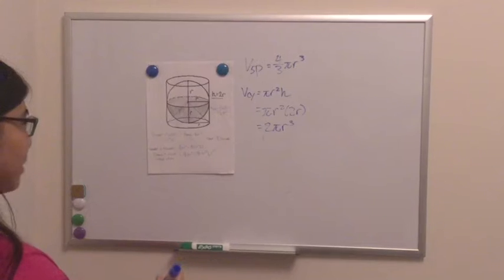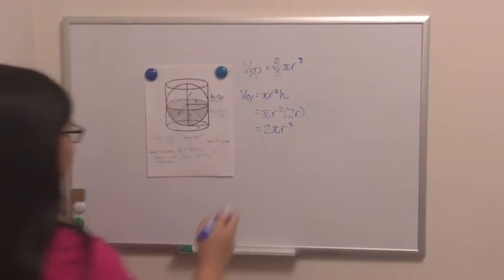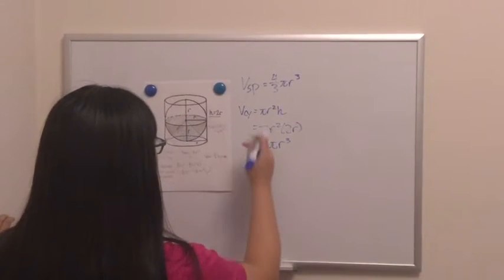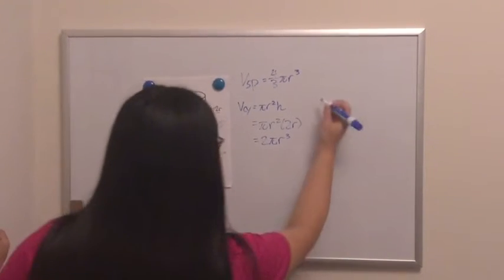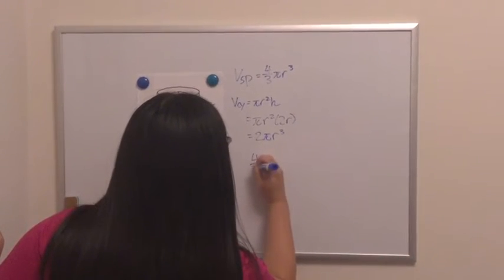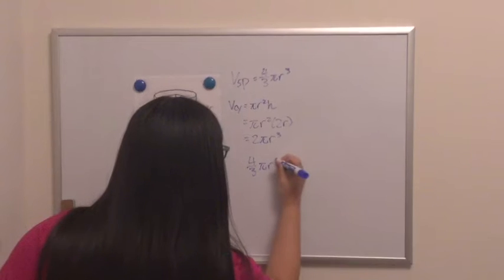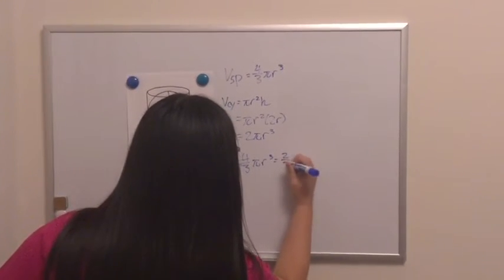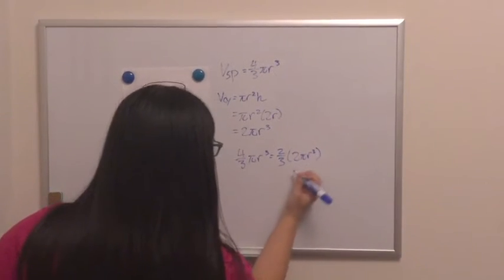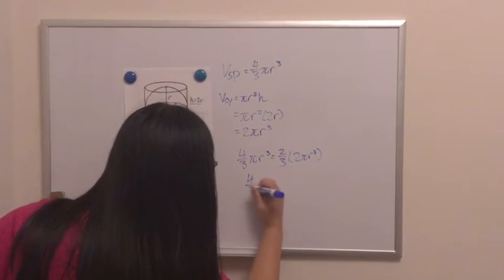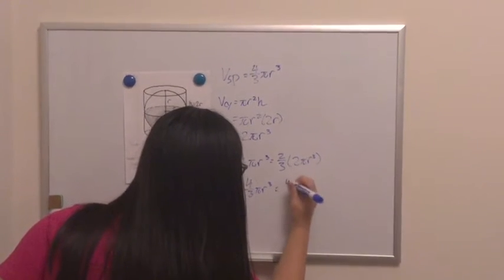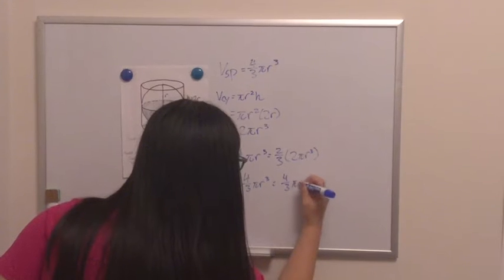So now that you know that, we're trying to see if the volume of the sphere is 2/3 of the cylinder. And so what he's saying is basically 4/3 pi r cubed is supposed to be 2/3 times the volume of a cylinder. And when you do the multiplication, you will see that this is indeed true, which is pretty cool that Archimedes